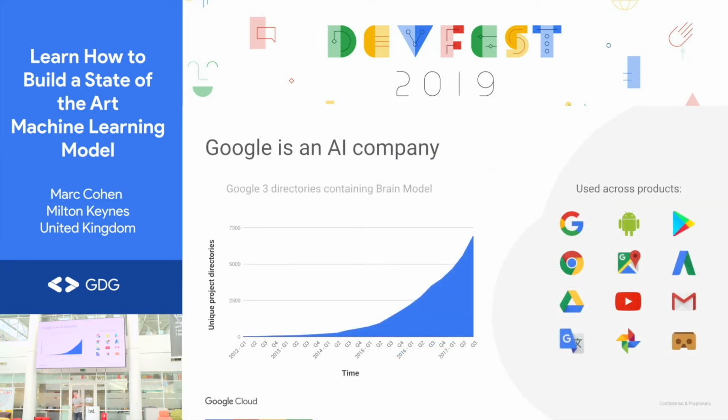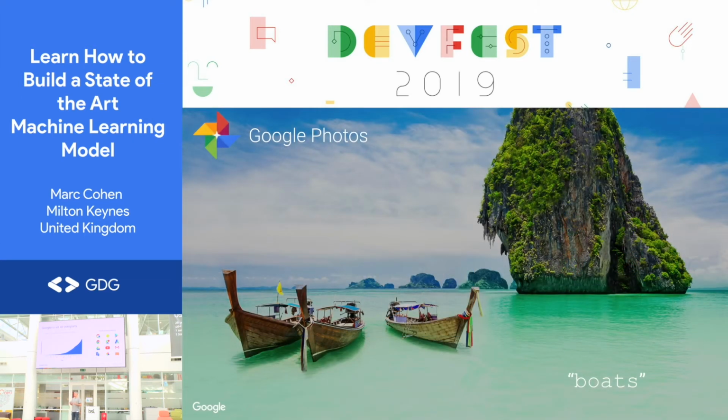This is a graph of the number of machine learning models in the Google source repository. Google famously has one gigantic repo, as it's called. And this is the prevalence of machine learning models in that repo. You're seeing that same adoption curve with exponential growth. Pretty much every product Google has is using this technology, not just as a feature or some peripheral capability, but as a core capability.